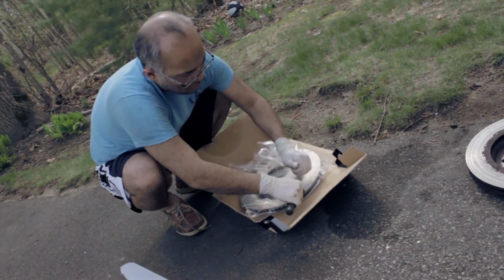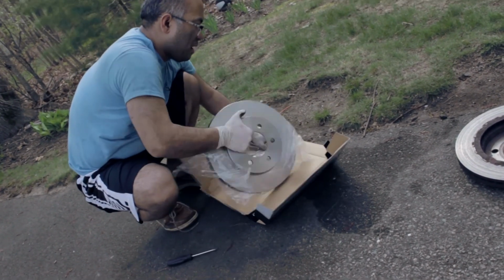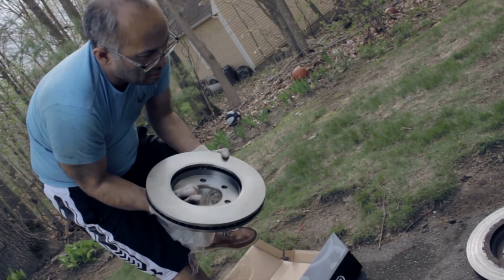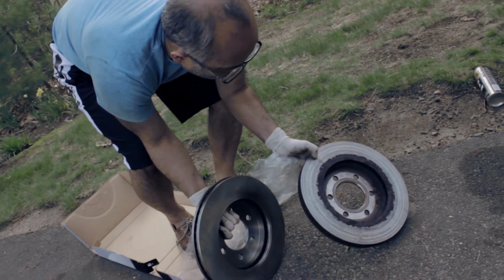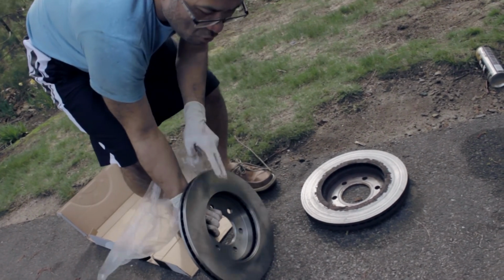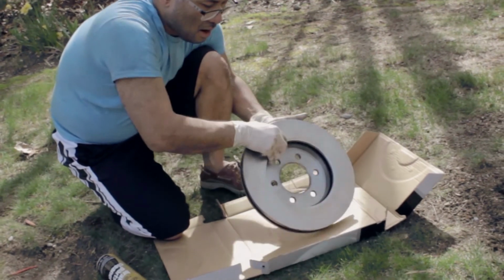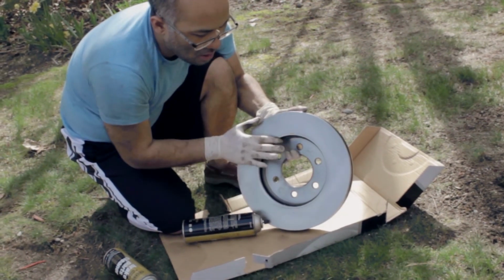What I'm doing, I'm going to show you. And here's the brand new one. I can see it's different from the old one, which is totally scraped. That's what's eating the brake pads, and it's going to be nice and smooth for the new brake pads and the new rotors. Perfect. All right, what I'm doing is cleaning up the rotors, which is the surface touching the pad,